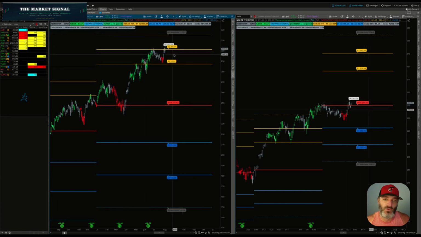We've got about a 25% chance. So if you do the math, 75 to 93, when we get here, we've only got a 6.3% chance that we close beyond it right here. R3 overshoot, 6.3 out of 16 years. So I'll just call it a 93% chance we close below that level.